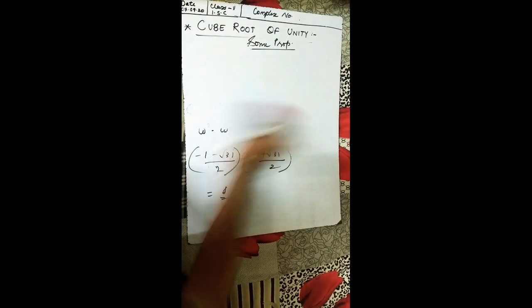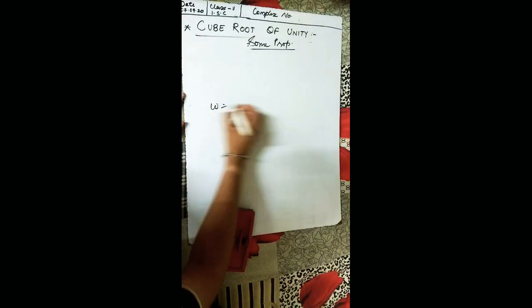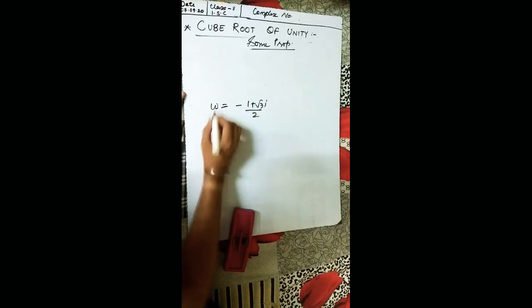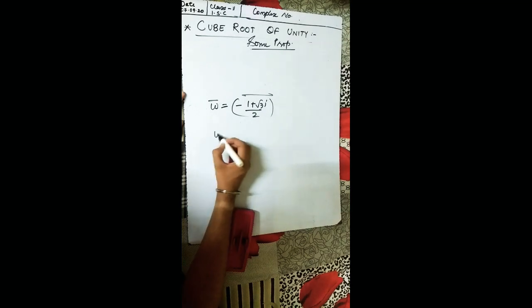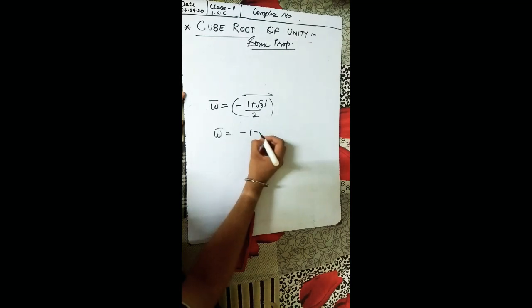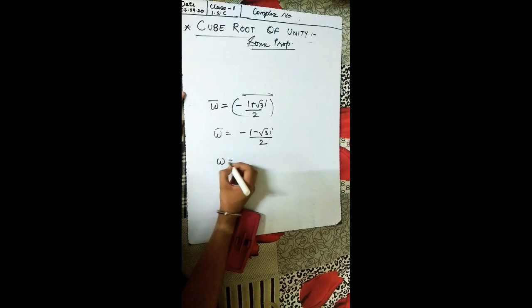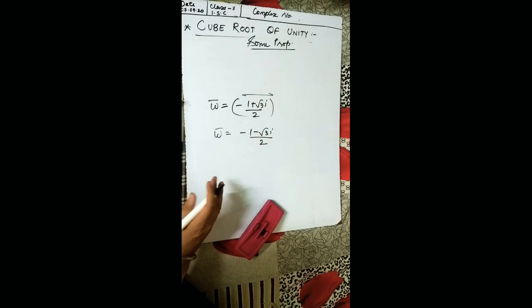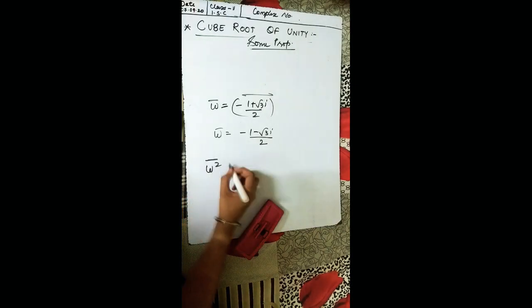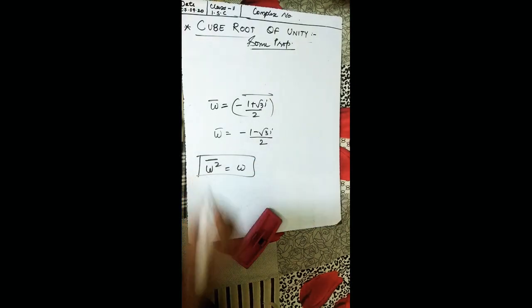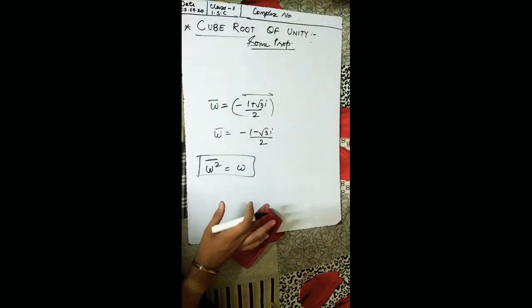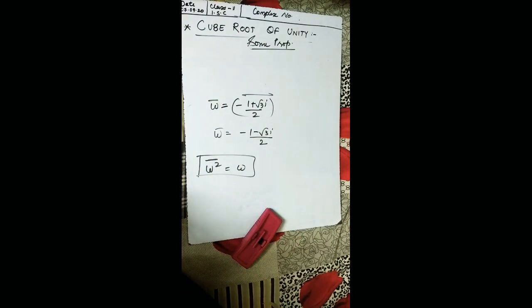Okay, one more thing we can understand. As omega is minus 1 plus root 3 i upon 2, if I take the conjugate of it, I'm getting omega bar as minus 1 minus root 3 i upon 2. So omega bar is equal to omega square. So what can we write from here? That omega square the whole bar is equal to omega. Can we write like this? Now you try to understand how I have written this thing. So keeping in mind all the things, let us go to the questions now.